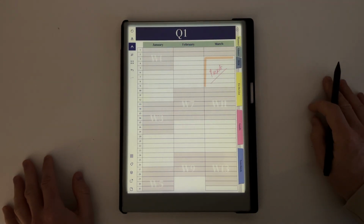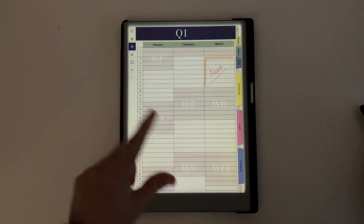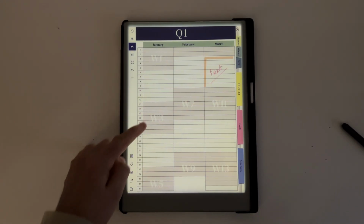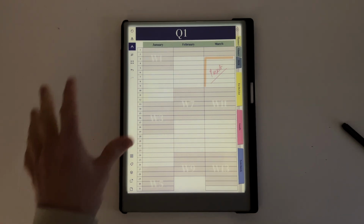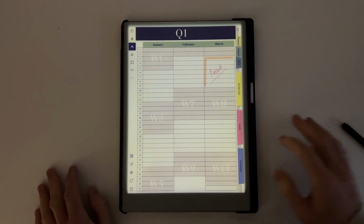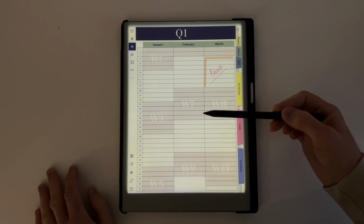So you can use the quarter however you want. You may notice the hyperlink, how it's broken down into weeks. So you can see W1, this is 2, 3, 4, 5, 6, 7. So from here, you can also jump into any week you'd like. And you can recognize where the weekends lie, because obviously it's the last 2 days of the week, because this